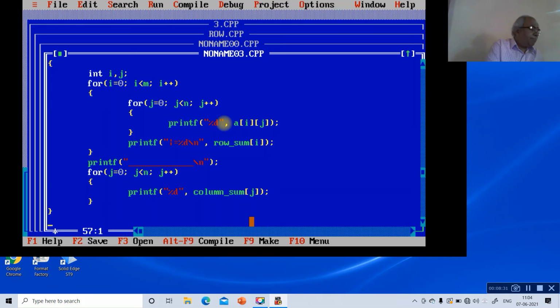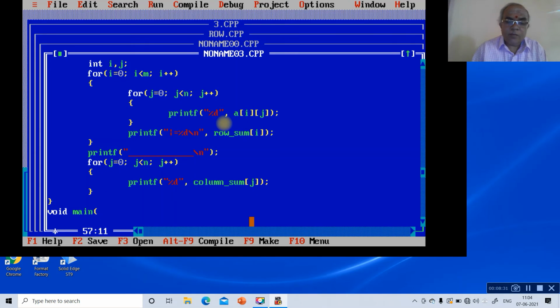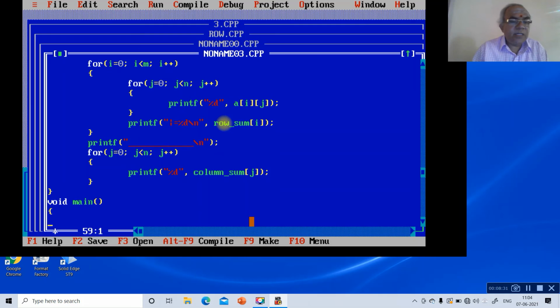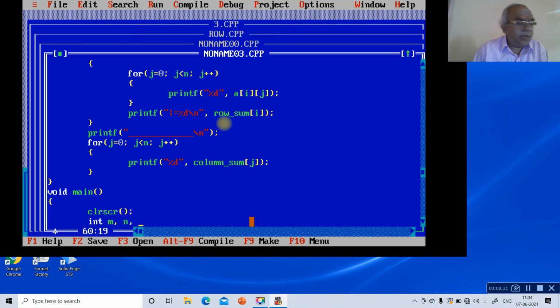Now we will write the main program. To do that, we are going to say void main, then clrscr, then int m, n, a[10] size, this rows and columns is 10, then row_sum[10], then column_sum[10].